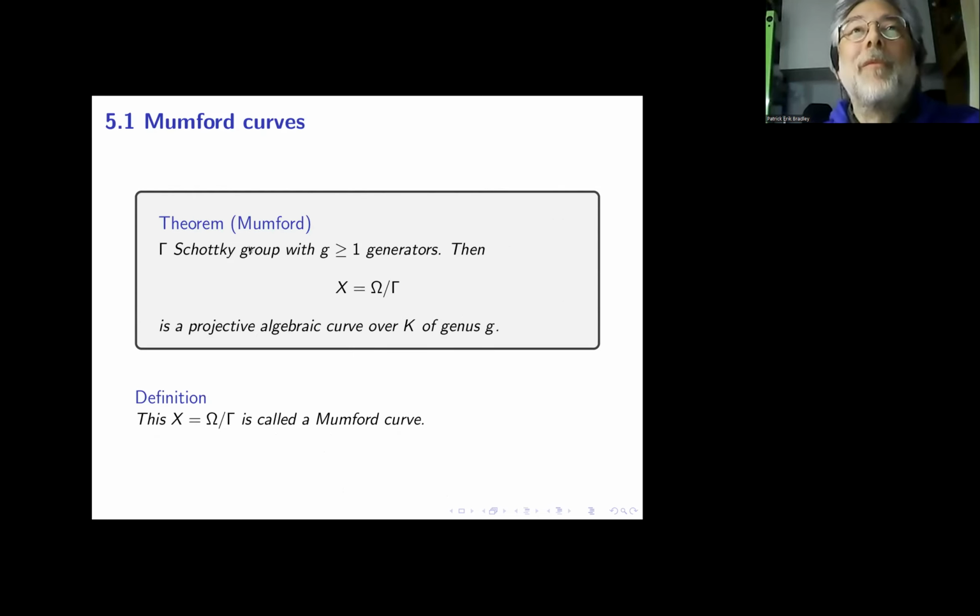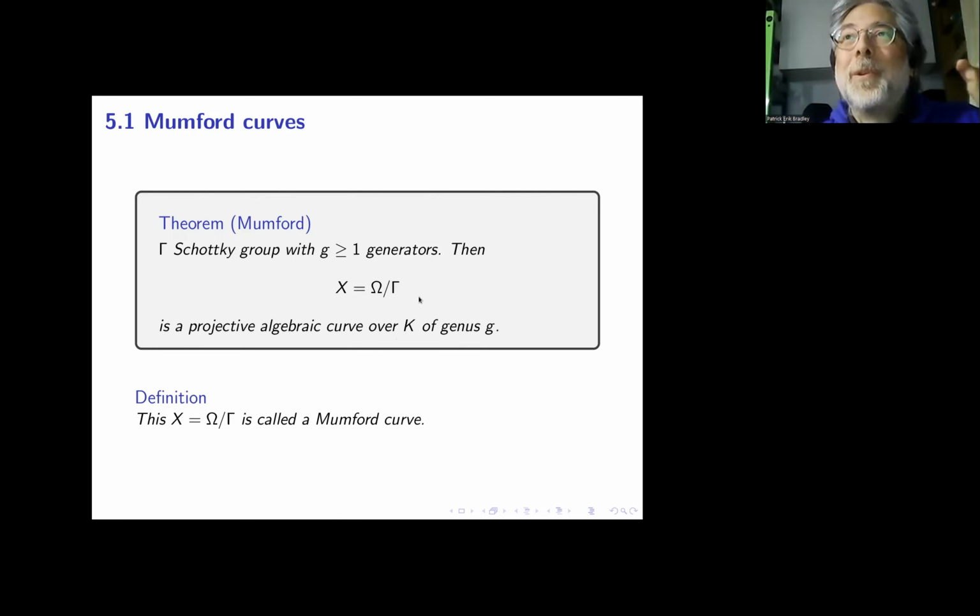And the theorem by Mumford is, if you have a Schottky group with g at least one generators, then you can take the quotient. Omega, the non-limit points in the projective line, also called regular points, is the space on which gamma acts, and the quotient gives you a projective algebraic curve over K of genus g, the number of generators. So this is an important theorem, which shows you that Mumford curves